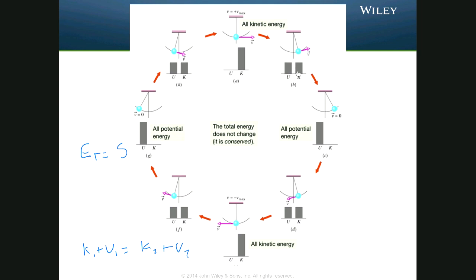Now, energetically, we can understand this. As we keep increasing height, we lose more and more kinetic energy. But we can't lose kinetic energy forever. We only have a finite amount. We can only lose that 5 joules. And then we get to a point where the kinetic energy is 0. Now keep in mind,